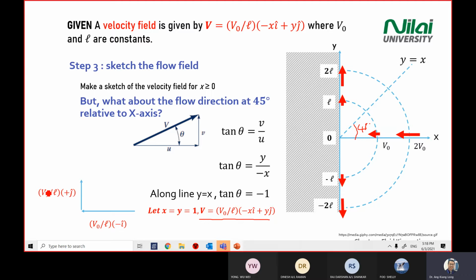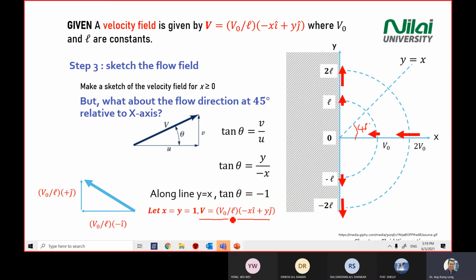It is this one. So v naught divided by L plus j, because our y value is 1. We get this arrow. So if you recall back, what is a vector? A vector is a resultant force, a combination of two vectors. So you need to always start with the origin, then focus on the endpoint. It becomes your resultant point. You get your v. The broad arrow that I draw on the screen here is the combination of this vector plus this v vector, where it is equal to this